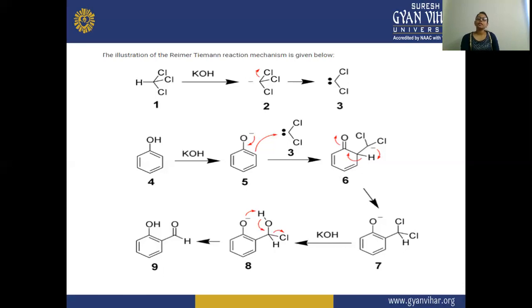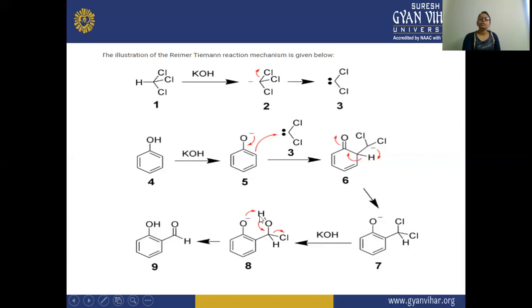KOH ionizes, and the K contains the positive charge, and the OH gets the negative charge. So when the chlorine is abstracted from there, it will take the electron, and the carbon will become positively charged. When this Cl withdraws the electron, this positive charge will be attracted by this OH negative. This OH negative is acting as a nucleophile. This nucleophile will attach to this carbon position.